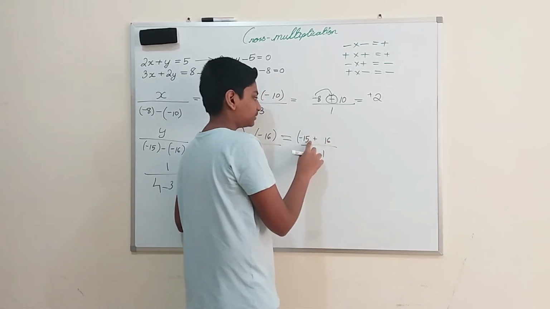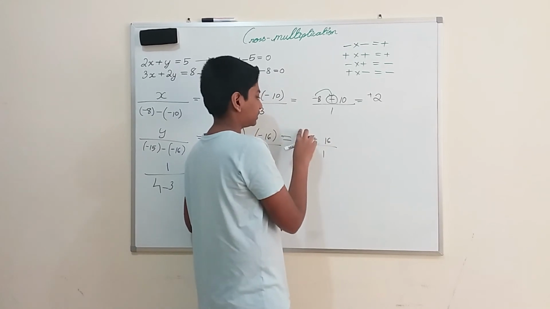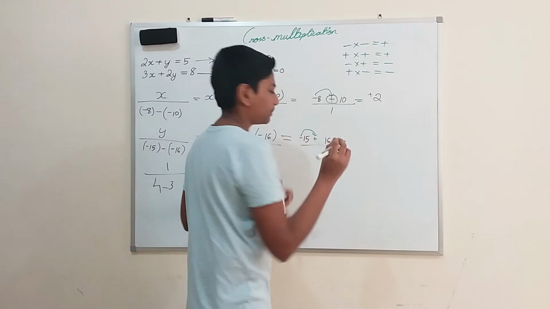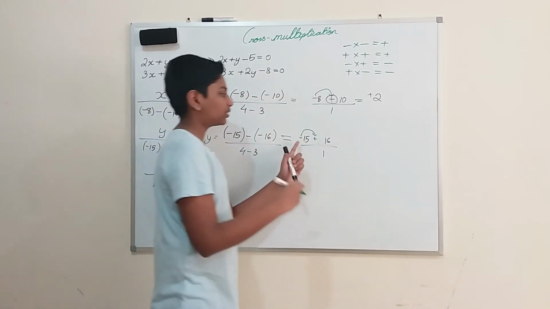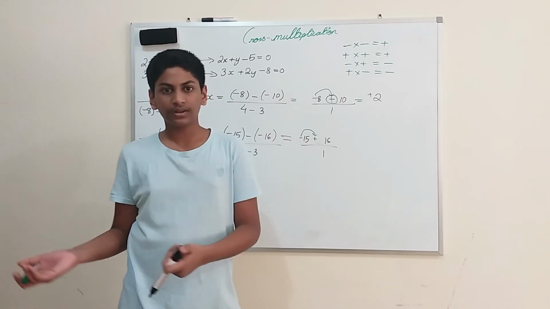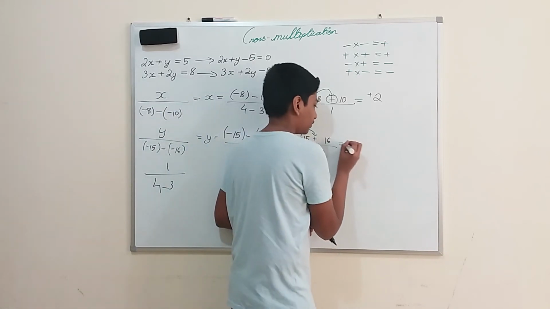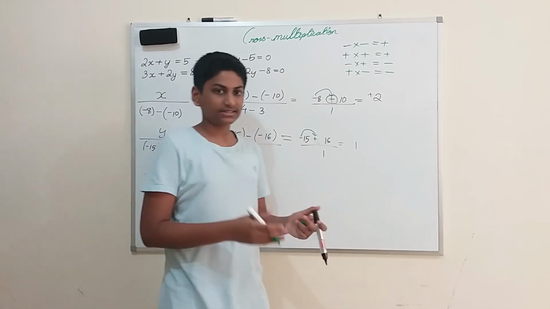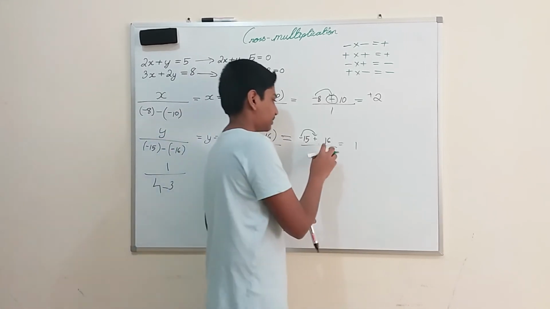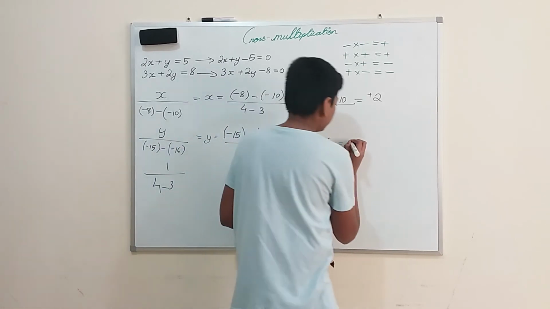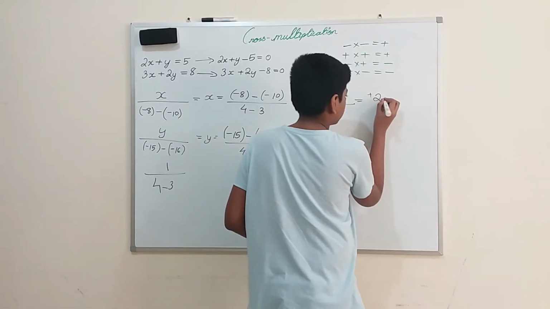When I open this bracket, they don't get multiplied because no symbol is there over here. So we multiply them imaginarily and subtract them. My 15 minus 16 will give minus 1, and the product is 1 over here, and the symbol of the product will be the symbol of the highest number. The highest number over here is 16 and its symbol is plus. So it will become plus 1, which is the answer for both.